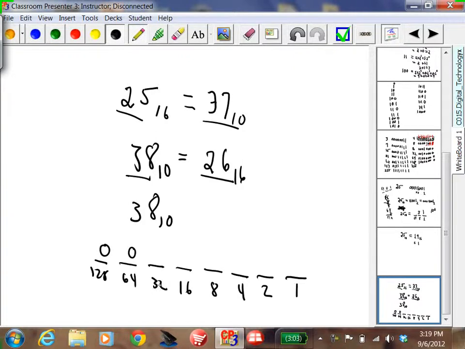Now 32, if you had 32, you only need 6 more to get 38. So this is equal to 0, 0, 1, 0, 0,